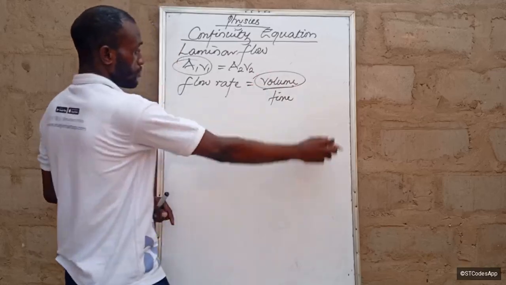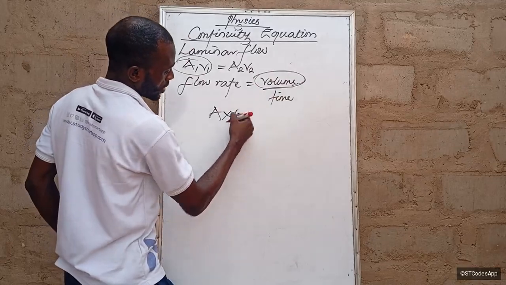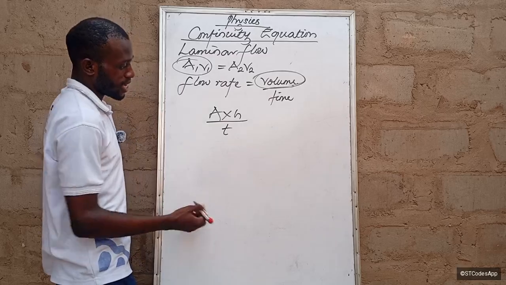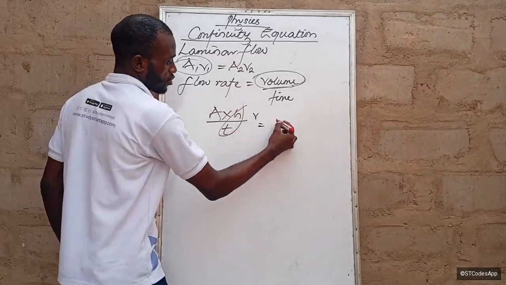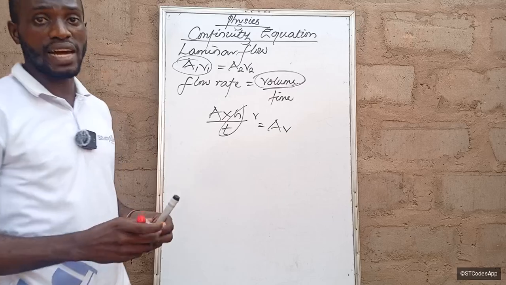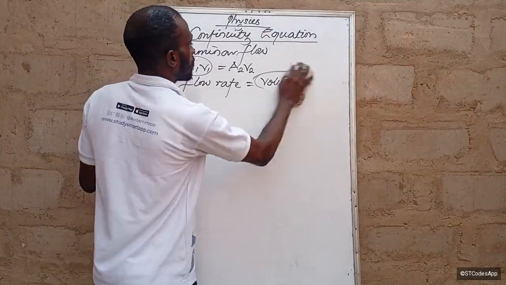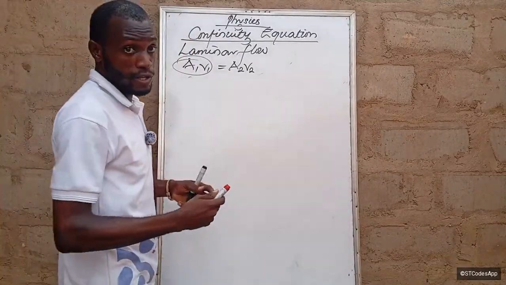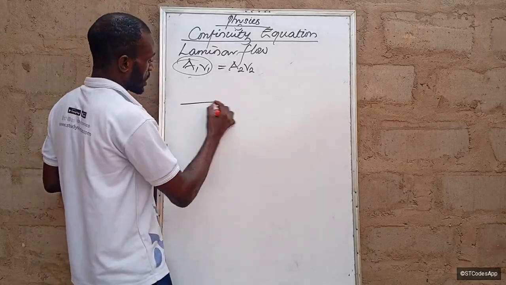Given that volume is area times height per unit of time, and h over t, or distance over time, is velocity, we have A v. That is just the proof for this. But to derive the continuity equation, we have to look at two sections of a tube within which a non-viscous fluid is flowing. So for example, if I have a tube that looks like this,